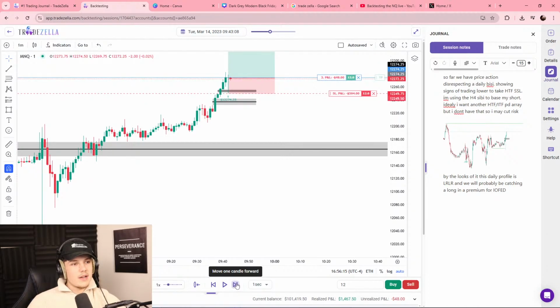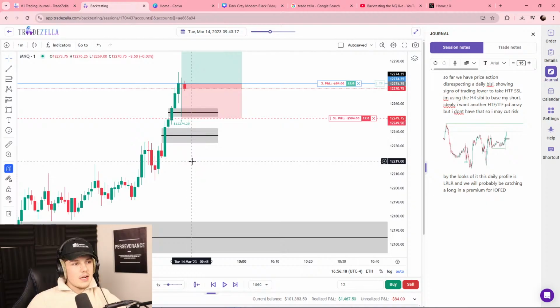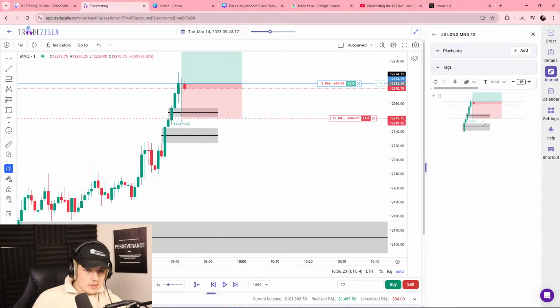I want to see it trade above. I don't want to see any bearishness. I'm going to add my trade notes first. LR, IO Fed. So you see in my institutional order flow entry drill, in my trading in this stream, that I take a bunch of different types of setups, a reversal, a macro setup, IO Fed, because when you get to the stage where you know so much about trading, it's not the type of trading that matters. It's how you manage your risk and your losses, right? I'm a good enough trader to understand what to do. So now I'm going to trade whenever I see an opportunity.